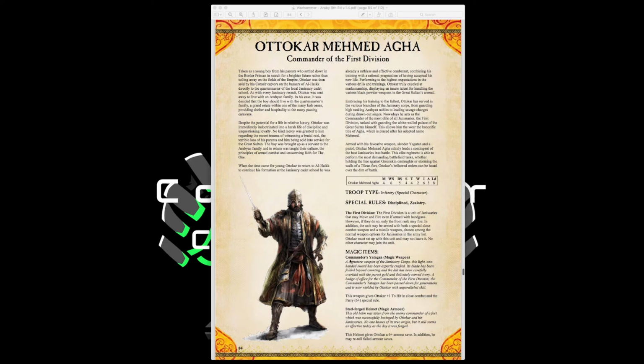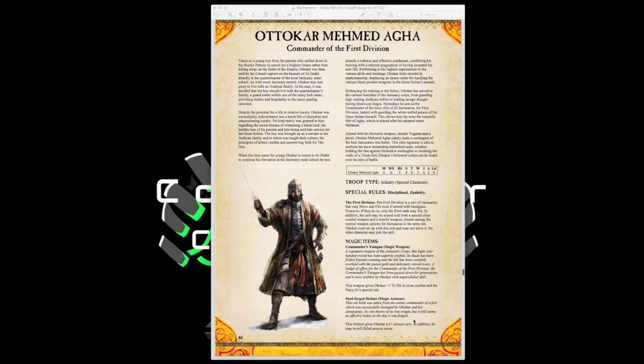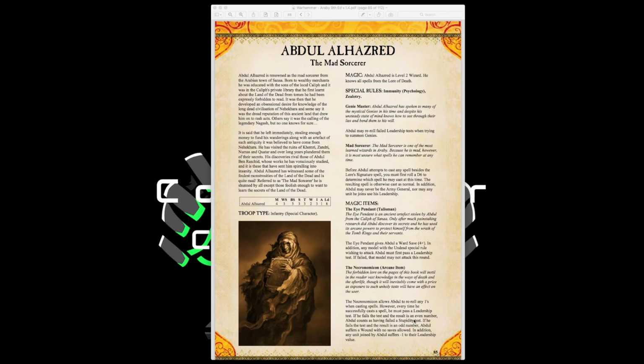He's got the Commander's Yatagan, which gives Autokar +1 to hit in close combat and the parry 6 special rule. And we have the Steel Forged Helmet. This helmet gives Autokar a 6+ armor save. In addition, he may reroll failed armor saves. So very cool there. Then we have, this is the character I like the most, Abdul